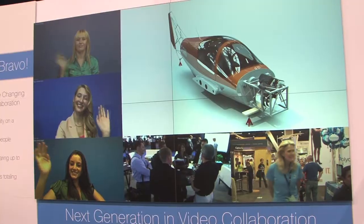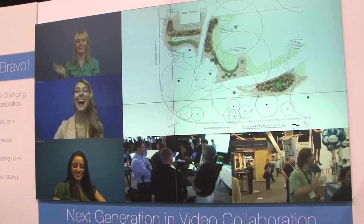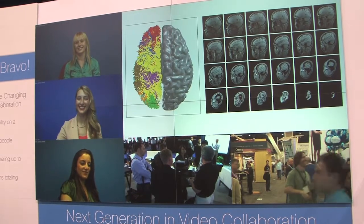Sure. So the video wall that you see here is a way to be able to display multiple HD participants as well as screen share, all on a screen that is equivalent to 4 1080p screens. And the interesting thing is that this is in the same video conference that we were seeing at the booth. So it shows the flexibility from anything from mobile devices up through room systems and now to a new form factor that allows you to do 9 HD participants simultaneously, or some combination of up to a 3 megapixel